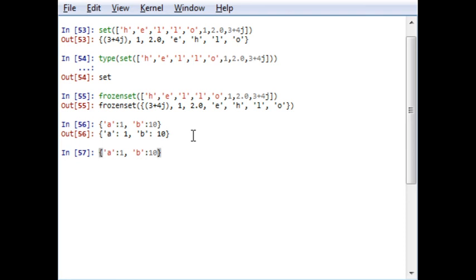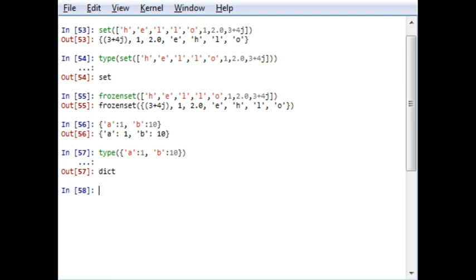Now if I want to know its type, it is type dict. So here we have created a dictionary containing two characters, A and B, identified by two keys, 1 and 10. A variety of operators can operate on a dictionary, which we will cover in later lectures.